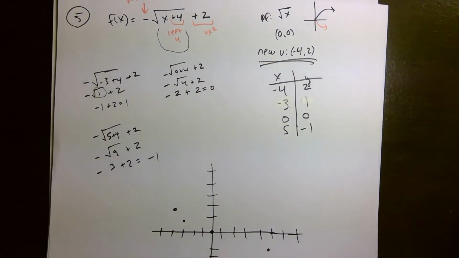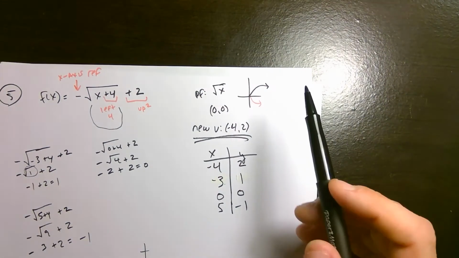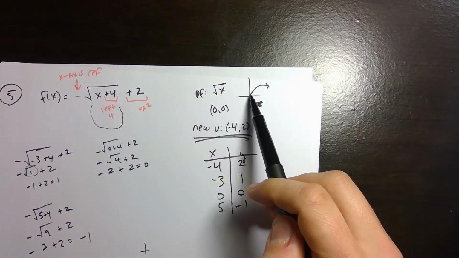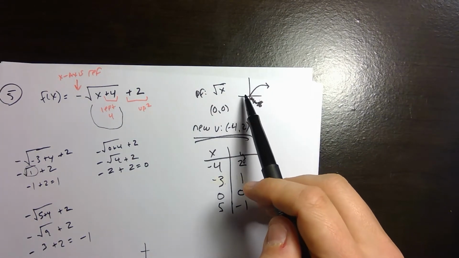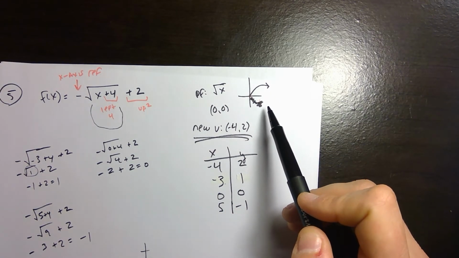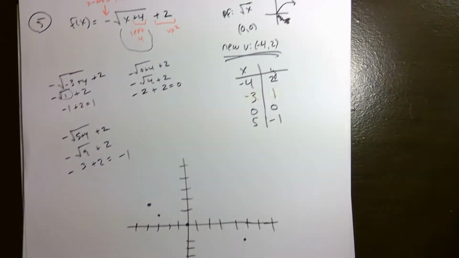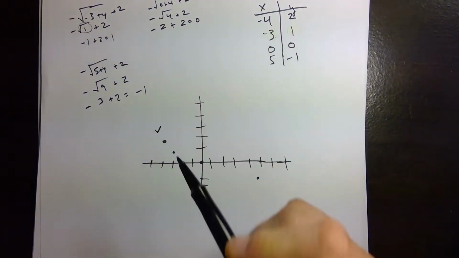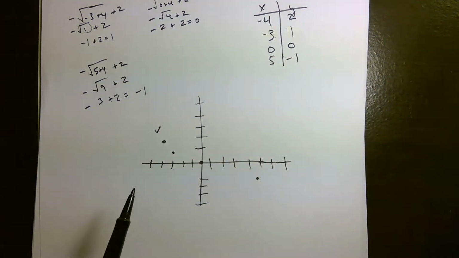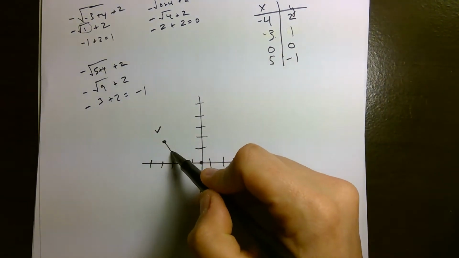Now, this looks really weird, okay? But what we know is, let me get rid of this for just a second. We know that it already kind of looks weird, right? It's already just one teeny tiny piece. And so this teeny tiny piece, in addition to having been flipped down, it's also been moved around. And so when I get back to my graph, I know that this point is my vertex. This is the point where it actually starts. And so I'm going to have to do the best that I can to draw that shape